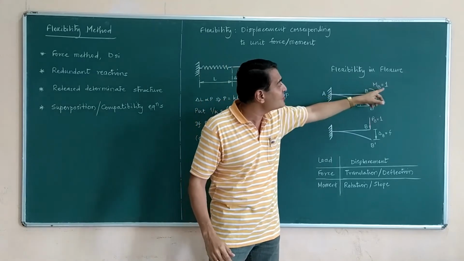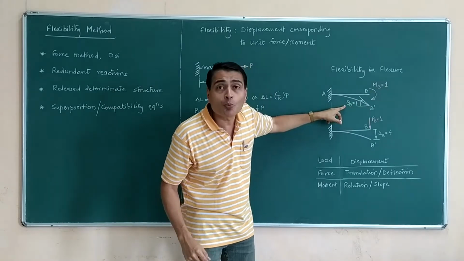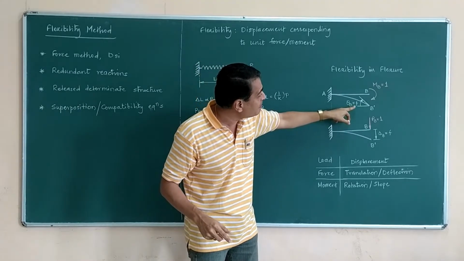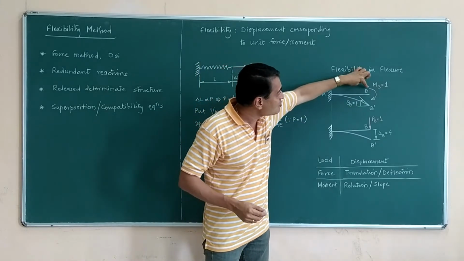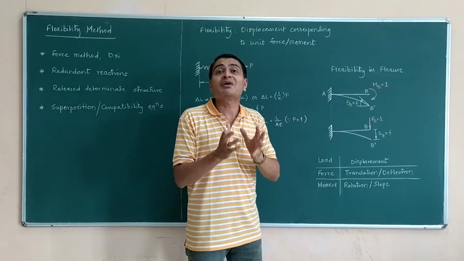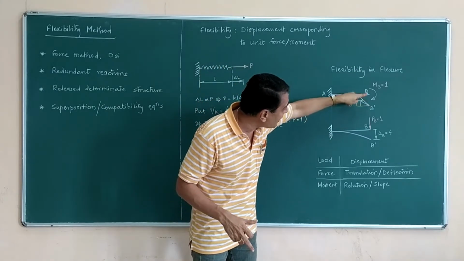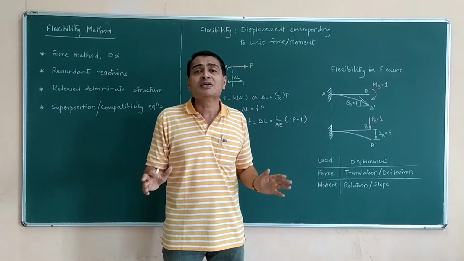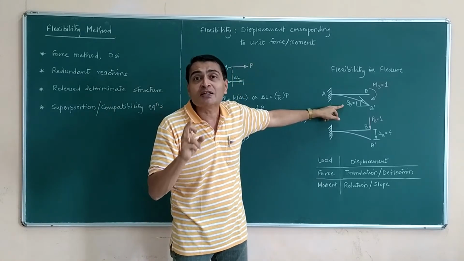I have written MB is equal to 1, magnitude is unity, and whatever the rotation that the end B is undergoing, that theta B I am calling as flexibility. Try to understand, since my action is movement, my consequence, the displacement, I am considering as slope and not displacement. You are actually observing that BB prime, there is a deflection also, but that I am not defining as flexibility. Since action is couple, flexibility is the rotational displacement, that is slope.